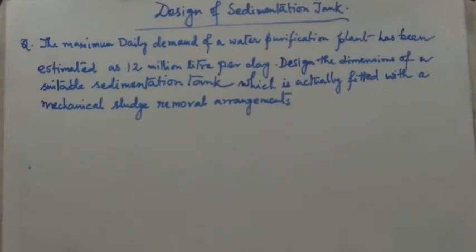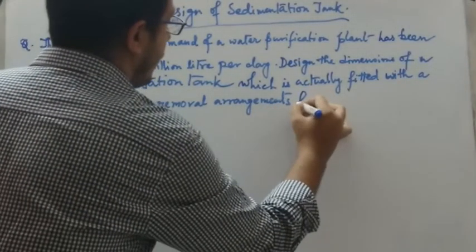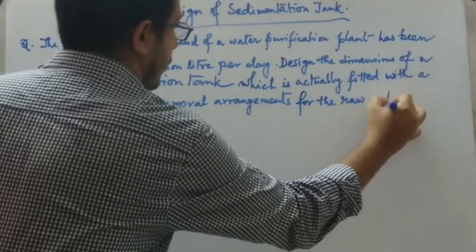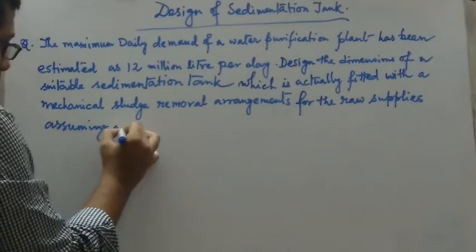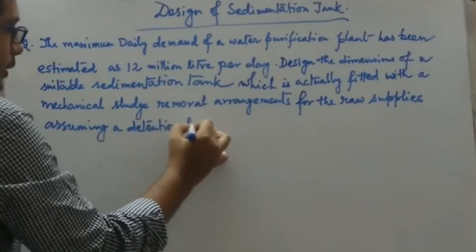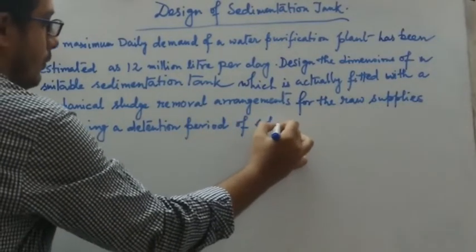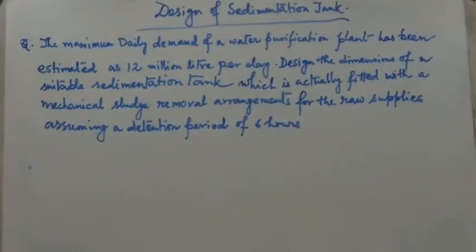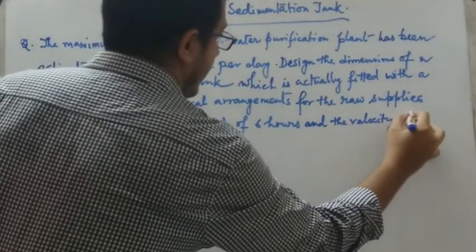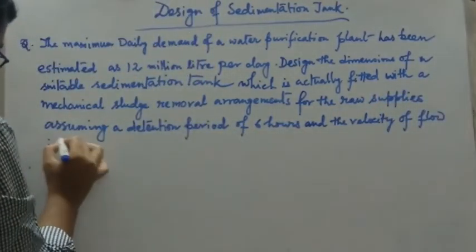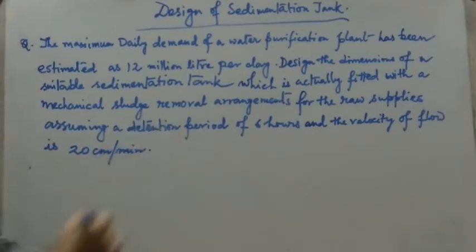For the raw supplies, assuming a detention period of 6 hours and the velocity of flow is 20 centimeter per minute. So this is the actual problem or actual data by which we have to design a